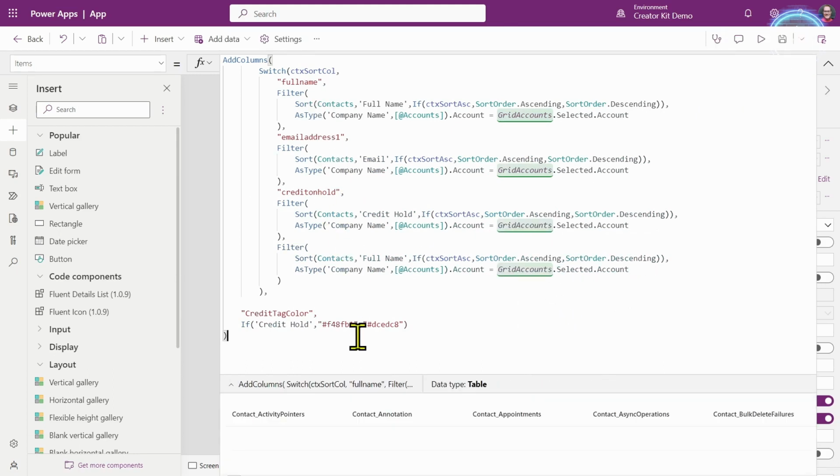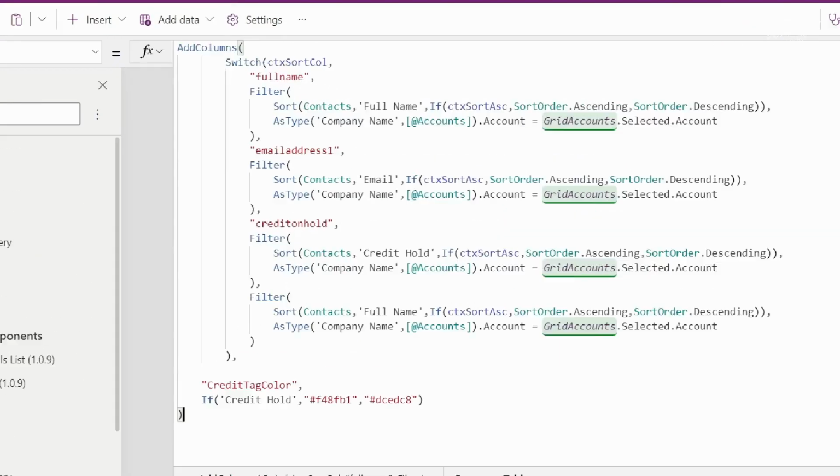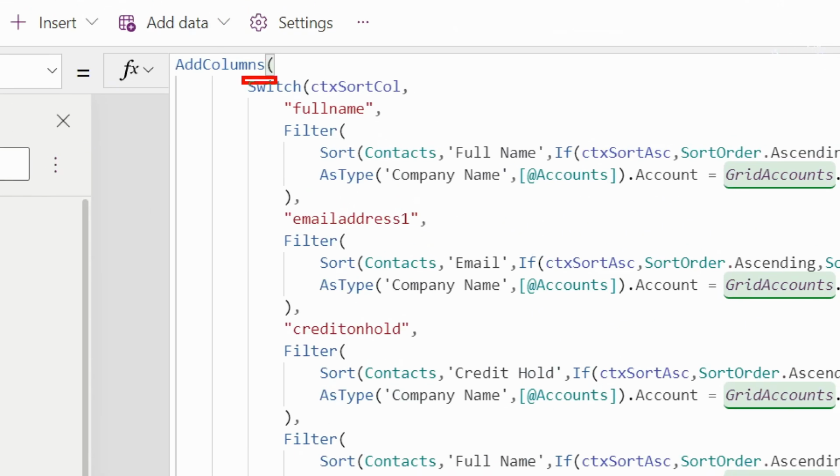Okay, and so this actually is fairly straightforward when you break it down, even though it looks kind of horrendous. What we're doing is a switch on that column. Which column are we sorting on? Is it full name, email address, credit on hold? And depending on which column we're sorting on, we're then doing our filter, and then we're actually doing a delegatable